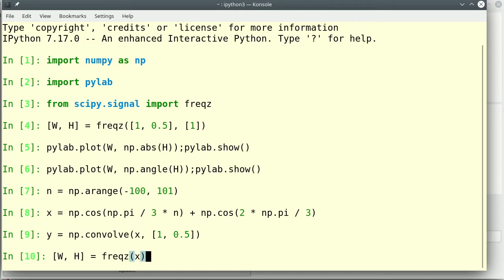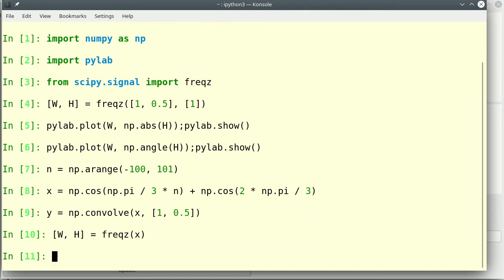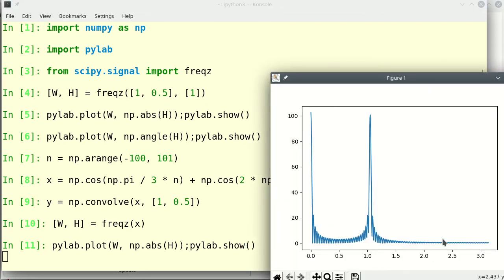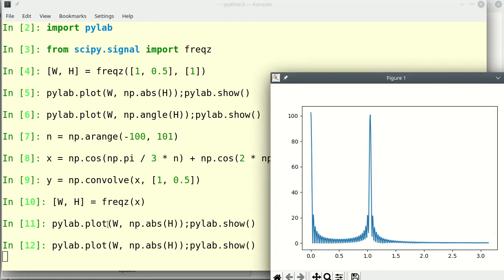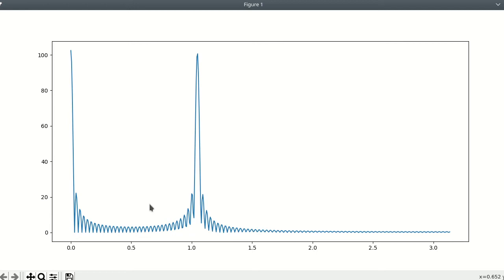Let's first look at the frequency response of x so that I show you what it shows. The magnitude response is clear. You can basically see that there is a DC. So np dot cos pi by 3n, yes, plus np dot cos 2 pi by 3n. I took the DTFT, and you get this kind of response. You get a peak.